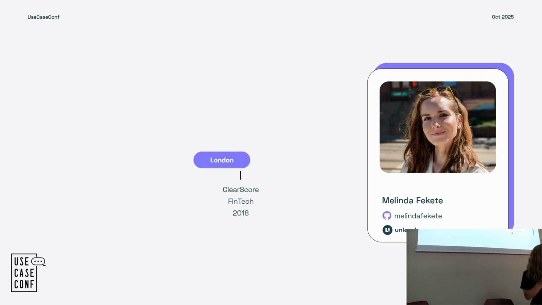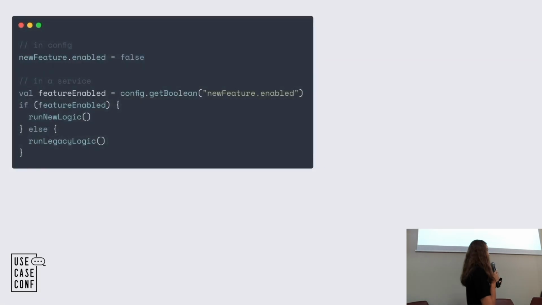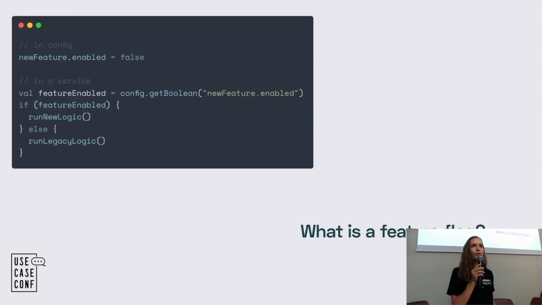So, of course, we had 24/7 on-call. And after a few very painful, at-night on-call shifts, my team decided, okay, we need something in place, and we started using feature flags. Initially, we had a super basic setup. We used Scala at the time, so it would have looked something like this. We were just using boolean values in config files, very basic. Actually, maybe it's a good time for me to ask, is there anyone here who doesn't know what a feature flag is?